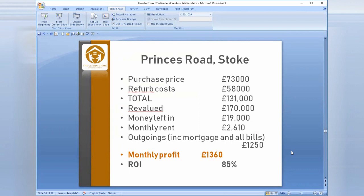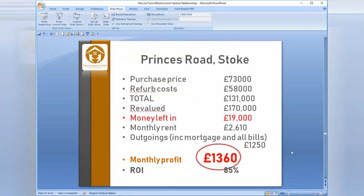part of this was what I call a hybrid valuation. This is a valuation midway between bricks and mortar and the commercial valuation, because this is with Lloyds Bank. Our monthly rent is 2,600, outgoings 1,250, monthly profit 1,360, so very good return on investment. However, what I wanted to say was this property got valued about 6 weeks ago for £250,000, and that's in Stoke-on-Trent. So, you know,